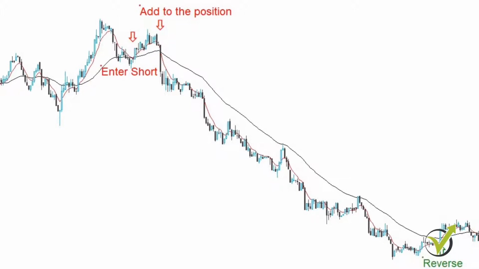For example, if there is a short entry and after that there is another same direction signal, the expert advisor will add to the position, and when there is an opposite signal, it will reverse the position.